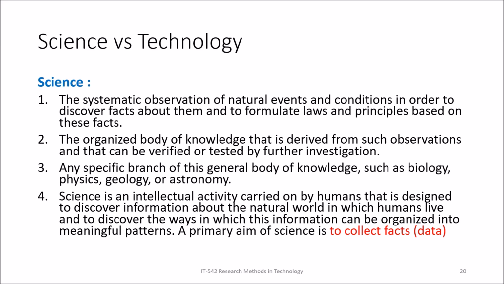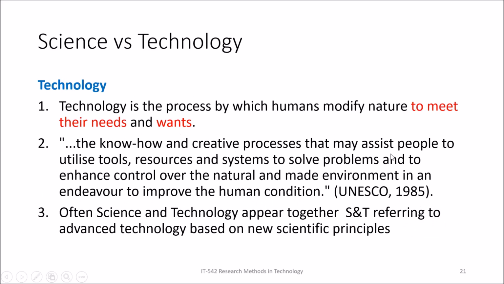Okay, so science can use some laws. Science generally means some laws are there, like Albert Einstein's law, Newton's law. These are all part of science, right? But technology is different. Technology generally focuses on the techniques or the rules that you are applying to solve a particular problem. Okay, so here we are using some laws, or here we are using some technology or techniques, or we can say rules, to solve the problems, right? So science generally focuses on collecting facts or data.